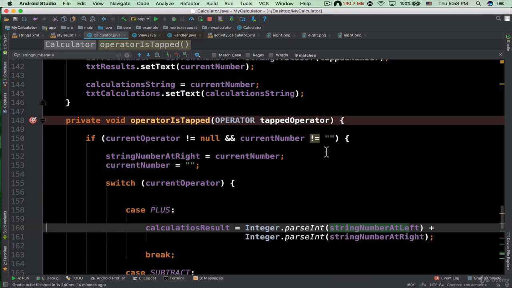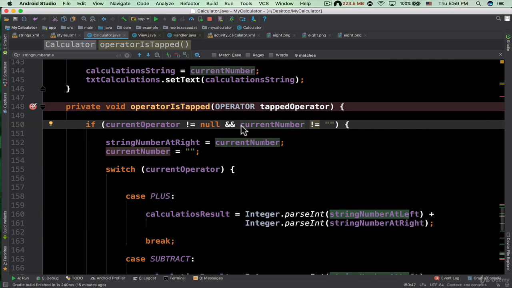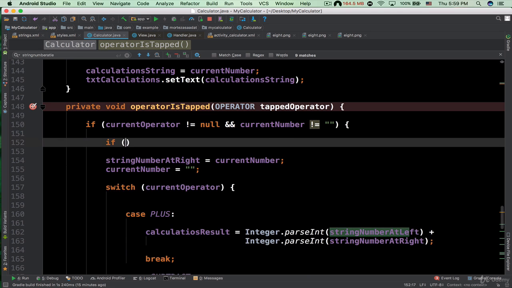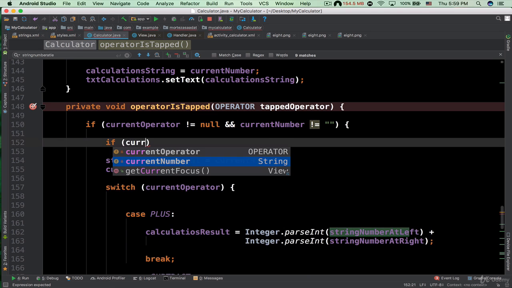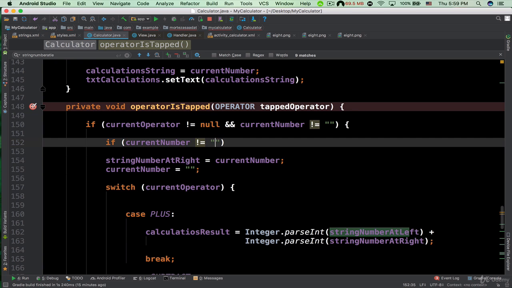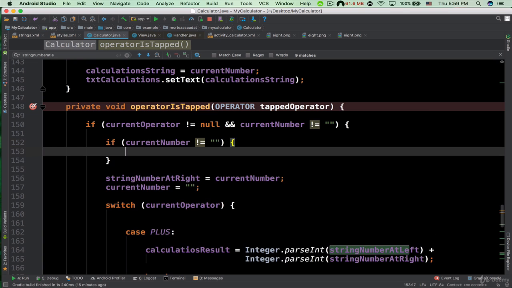We need to create an inner if statement for the current number is not equal to an empty string value. By using an AND logical operator, a bug actually went inside our application. So here we need to use an inner if statement instead of an AND logical operator, right? So here we can go inside this if statement and say if current number is not equal to an empty string value,